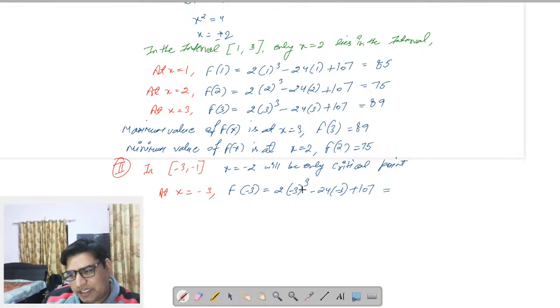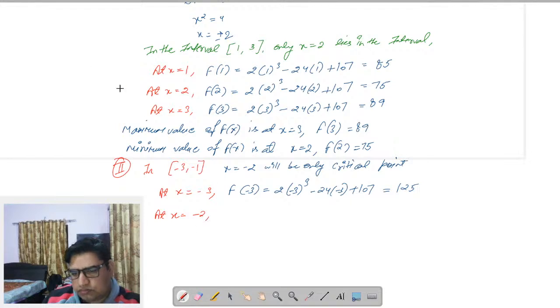so it will be 3 into 3 into 3, 27. Okay, 27 into 2 is 54, and this will be plus 72. So how much will that be? 125. Okay, and let's try to find out the value of the function at x is equal to